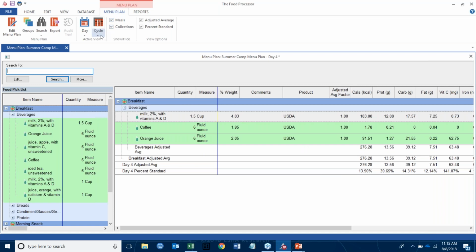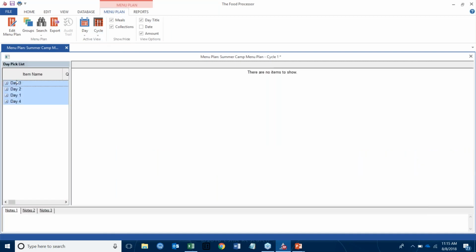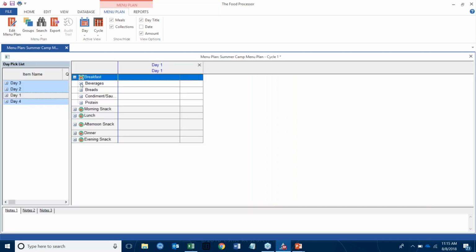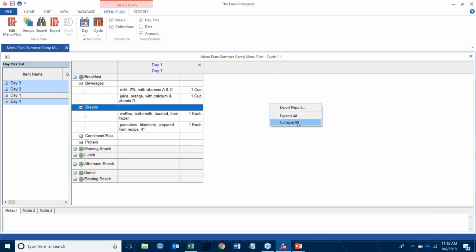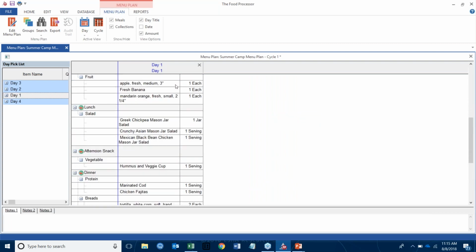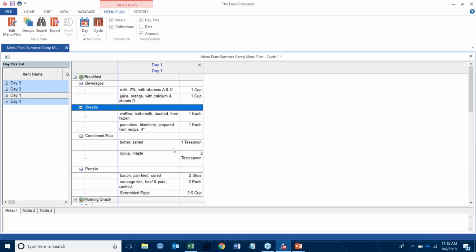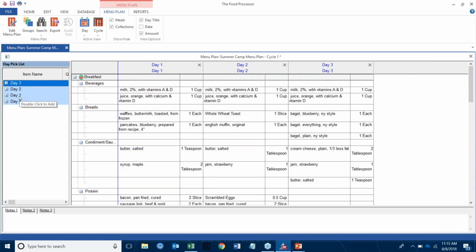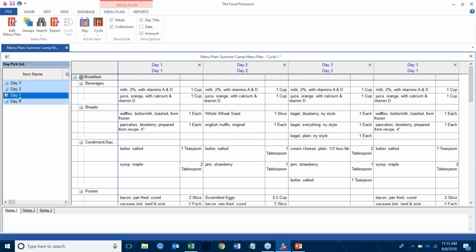And then you can make your cycle. So to create a cycle, you'll click down the cycle and I want to make my cycle 1. Now it will pull up all of the days I've created and then you can start making the cycle. So if I want to do day 1, just double click on day 1 and it will add day 1. You'll see when you open up all of these items, I'm just going to do expand all. You can see all of the items that you've entered into that day 1. And then say I want to add day 2, just double click on the day 3. If I wanted to go back to day 1, but this is actually day 4, double click on day 1,